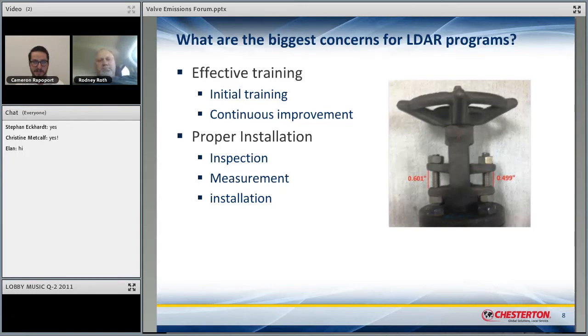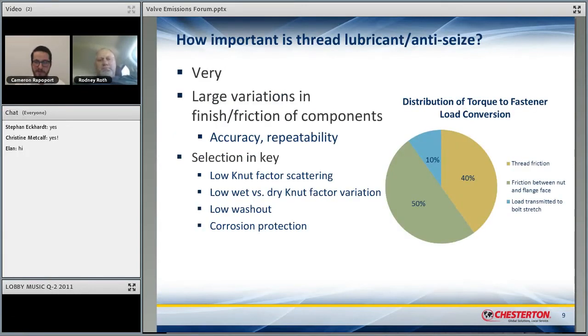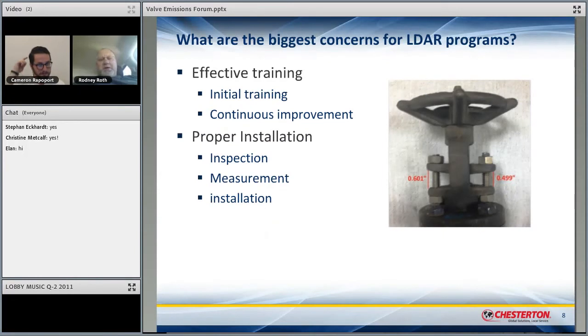Speaking of anti-seize, how important is that? Oh, that picture is a very interesting picture and something that can be remedied pretty easily. But I have a lot of other pictures where they actually bent the glands, and so there's no remedy for that, no replacement of the gland flange. So over torquing as well as under torquing can both be detrimental. Correct. All right.